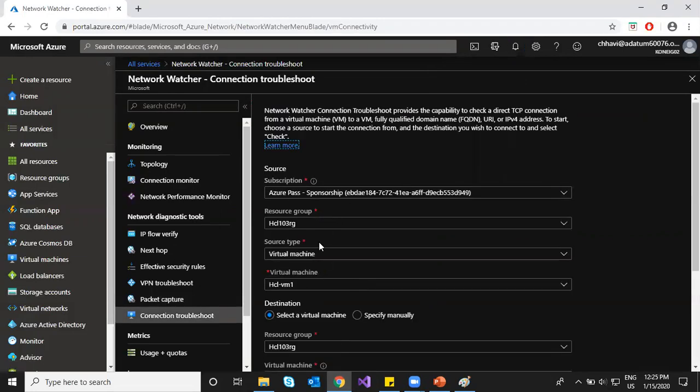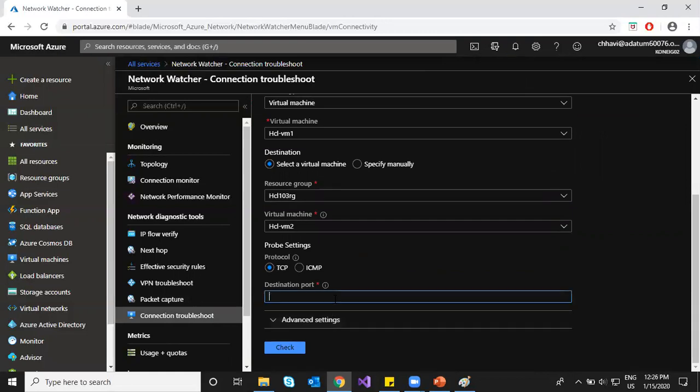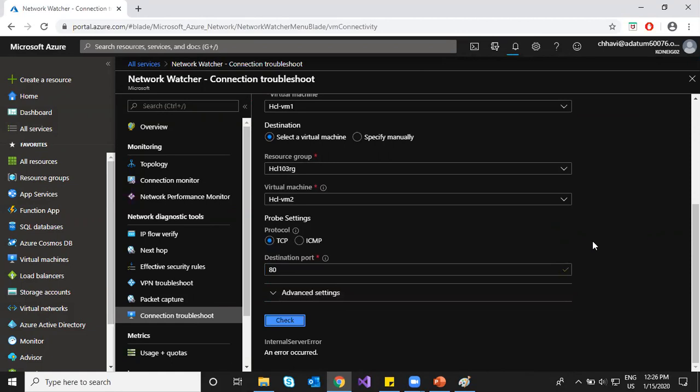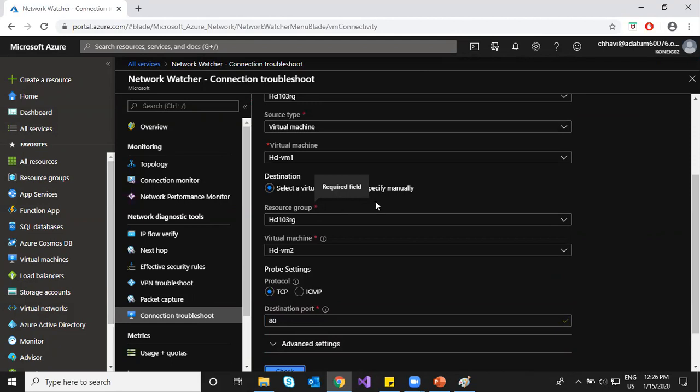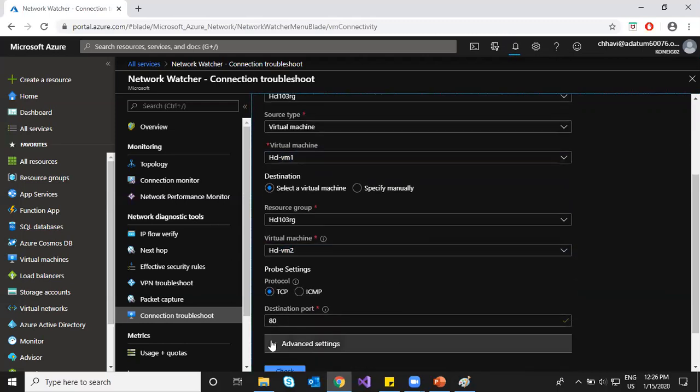Connection troubleshoot. Yeah, now I'm getting it. This is also the kind of IP verify. There is some problem. So from HCL VM1, it says I cannot connect to HCL VM2. Why is